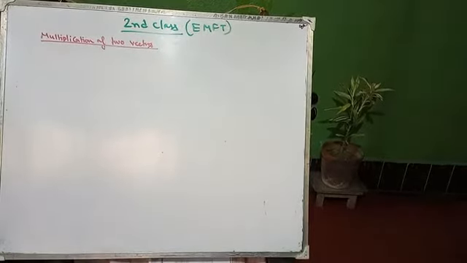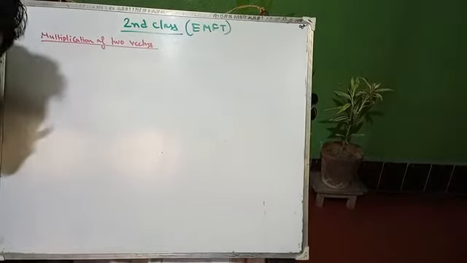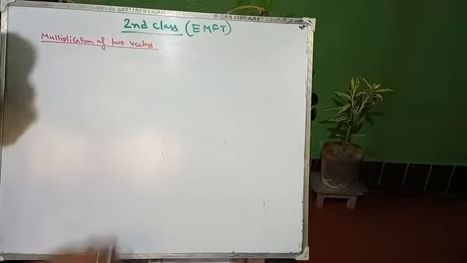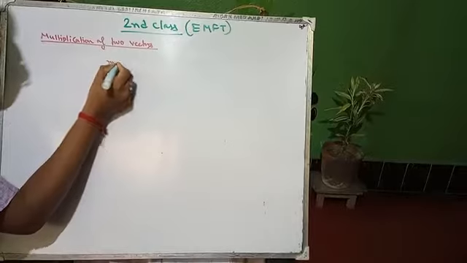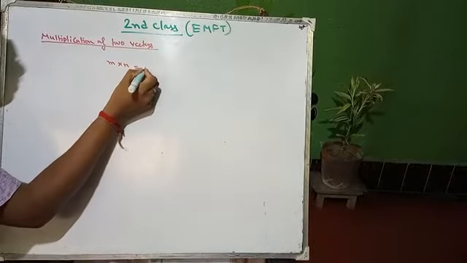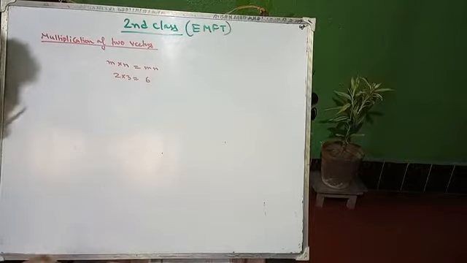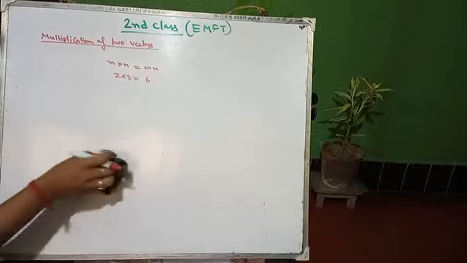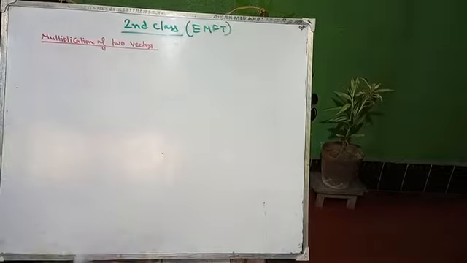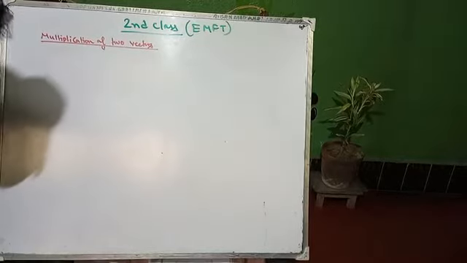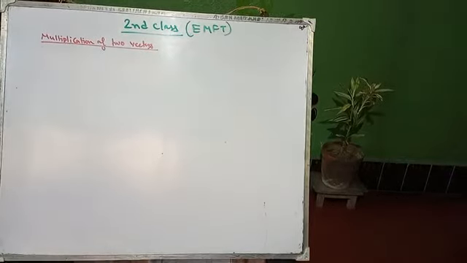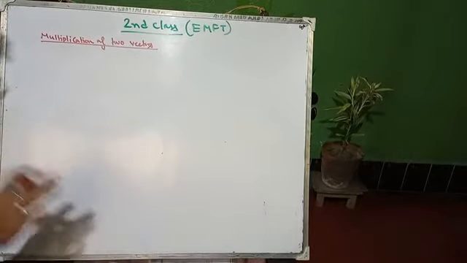So multiplication means any normal multiplication. What is the normal multiplication? That is scalar multiplication, very much similar. That is m into n equals mn. That is 2 into 3 equals 6. This is a scalar multiplication because it has no direction part. But for vector multiplication, there are three different rules.